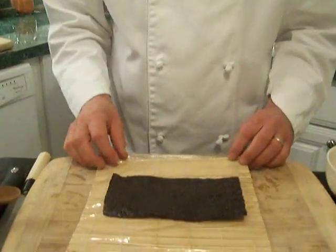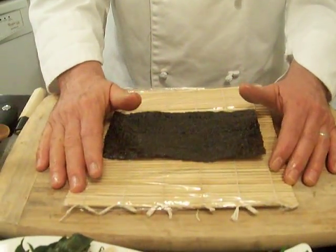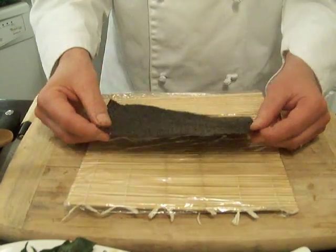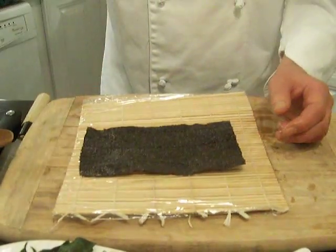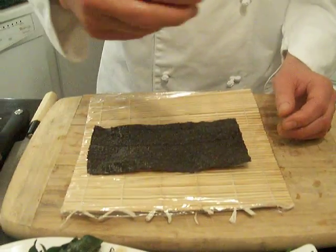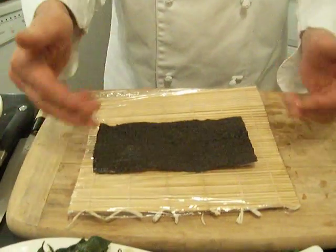Sushi techniques. And right now I'm going to demonstrate how to roll sushi. Okay, want to make sure that you have a good bamboo mat, and make sure it's wrapped with saran wrap. Now, using the nori, I always work with half sheets of nori. You get a lot more sushi, and I prefer the reverse roll where the rice is on the outside because